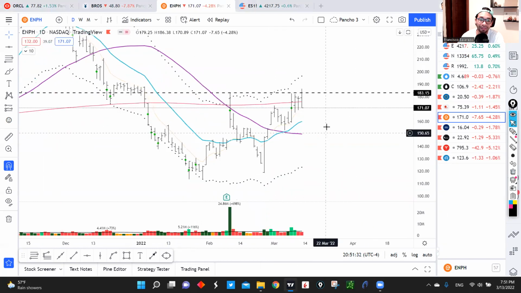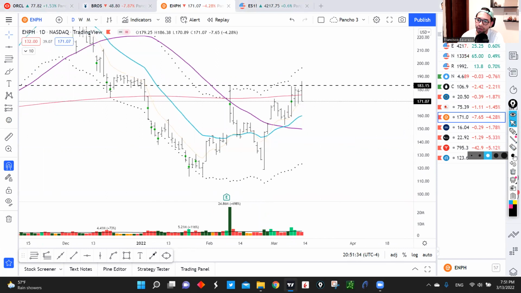Now the next name that we're watching here is ENPH, and you can see that these names have very similar patterns, right? We had that really strong move, we had the flag, then we had the strong move up, but we are coming right here into double top territory. This is basically the same setup. We're using this high as the cover point, which is 183.15. We have the move above it, but then we have sellers coming in really strong and closing the price well below this double top line.